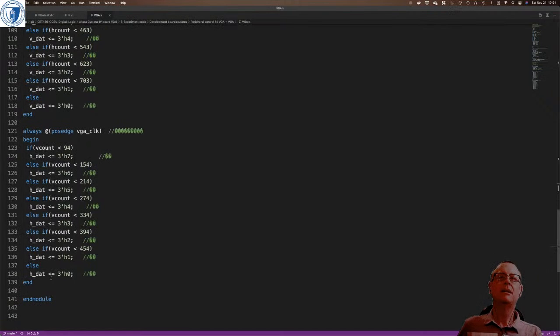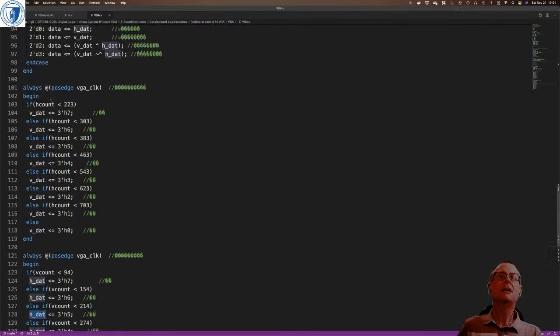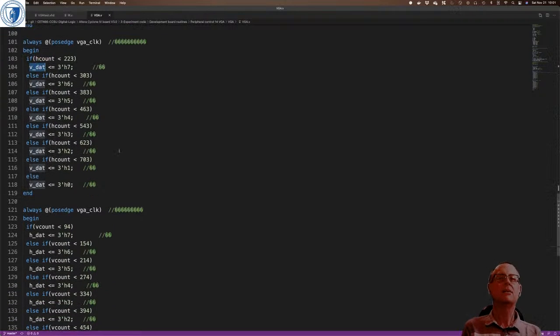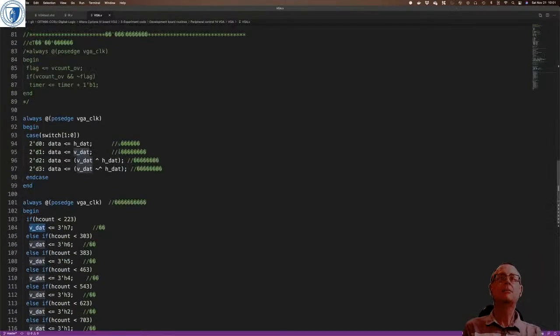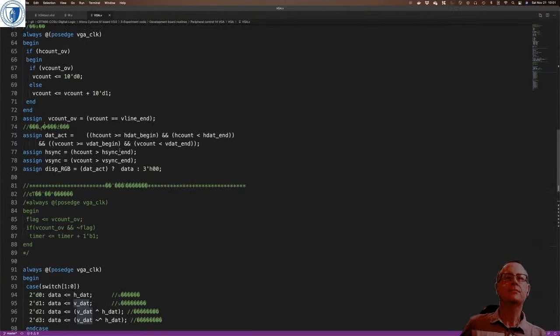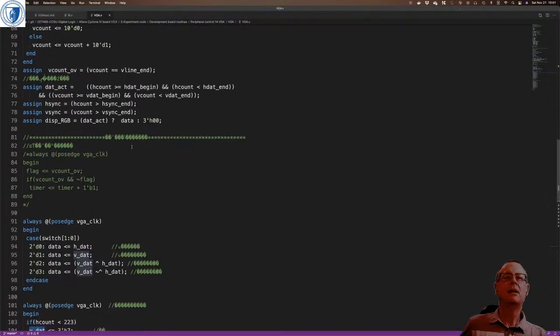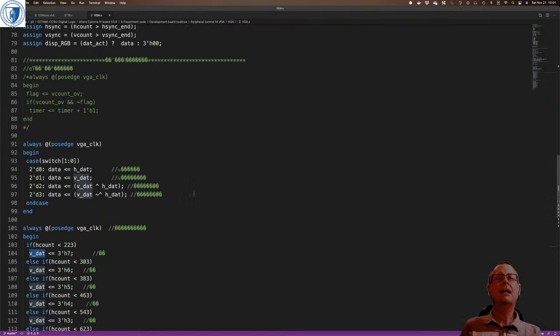And depending on what is happening with the vertical counter, it's putting something different out on H data, and this one's depending on what the horizontal counter is doing, it's putting something different out on V data. Okay,